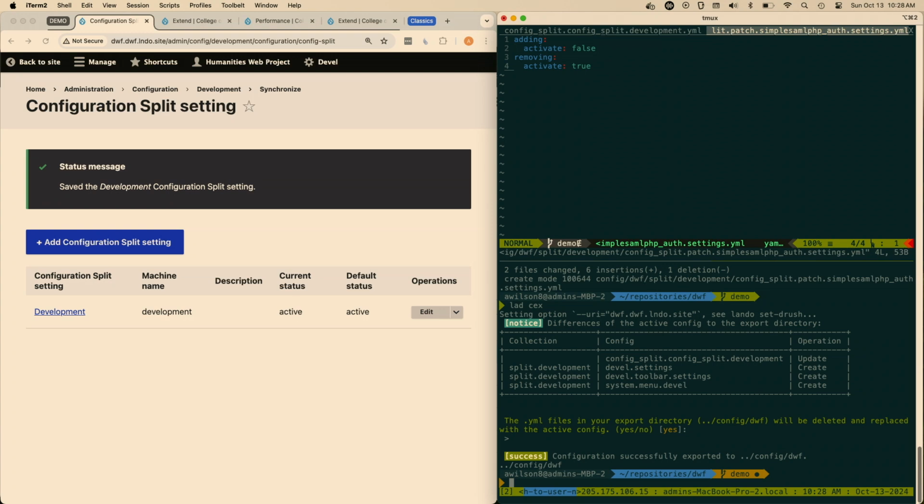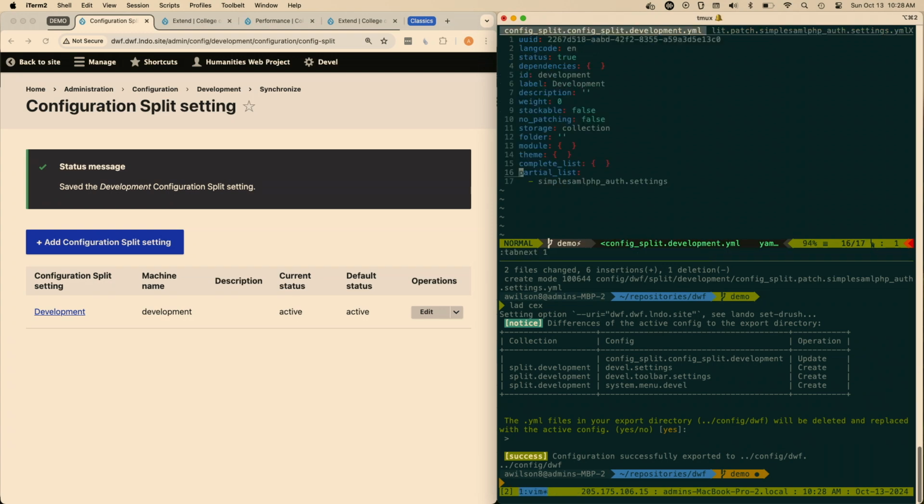Config split is doing more than just noting that that module has been split. If we look up at the split again, the module now has devel set. So the devel module will only be activated when this split is active. This is the partial split we had before. But there's also a number of other settings configuration objects that have been exported along with that. Config split does some dependency checking